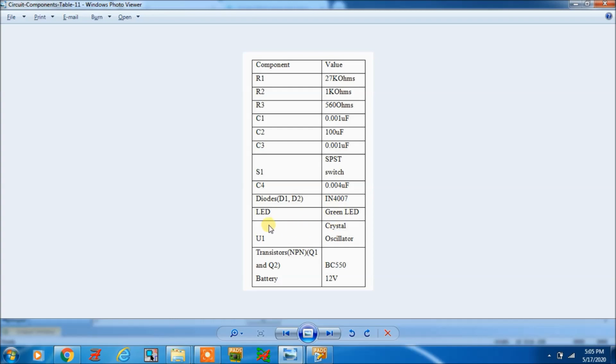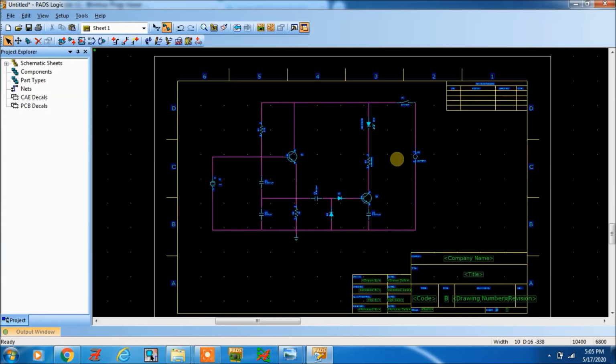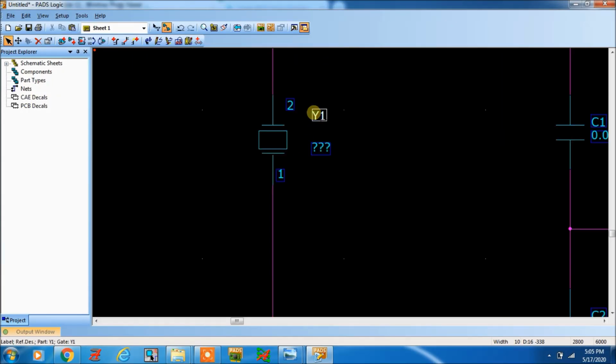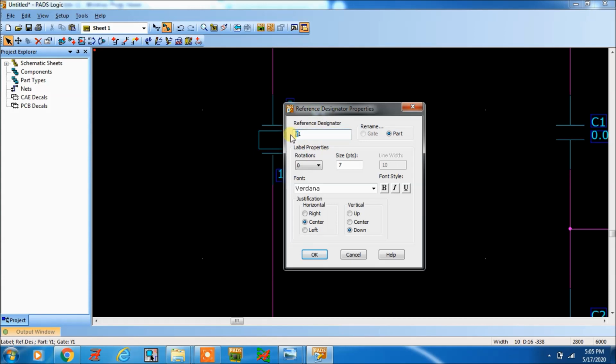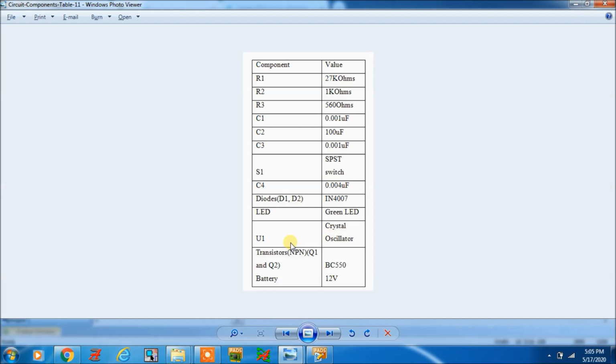Now this is Y1, we have to change it to U1. Okay, crystal oscillator. That part number is not yet given here. Q1 and Q2 is BC550.